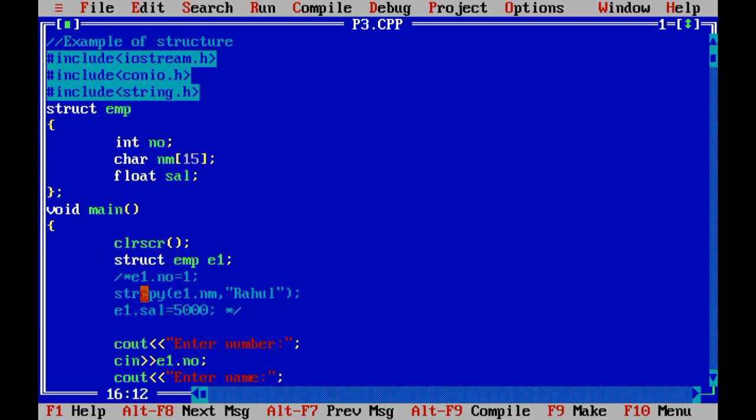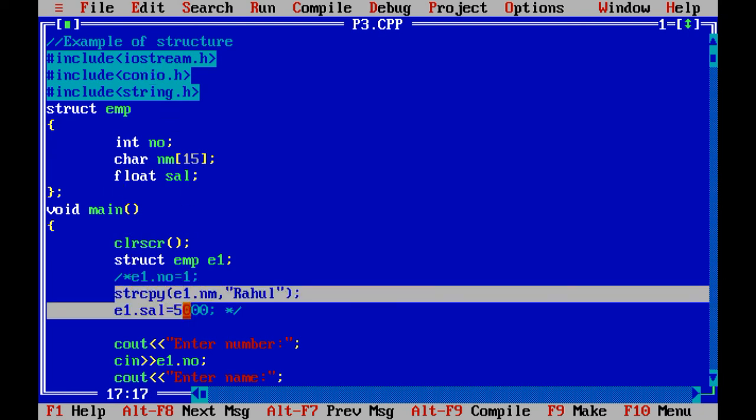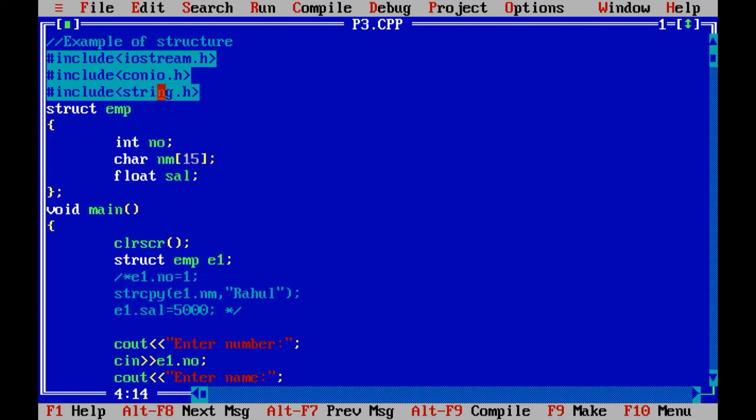When you use the strcpy function, it is going to copy your string into e1.nm, and for the use of strcpy you must include the header file string.h, otherwise a prototype error would be generated.